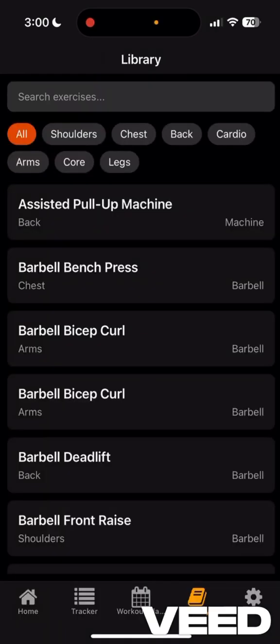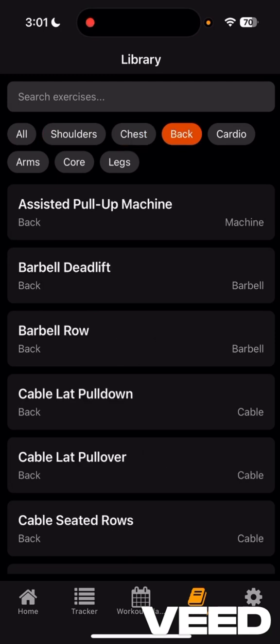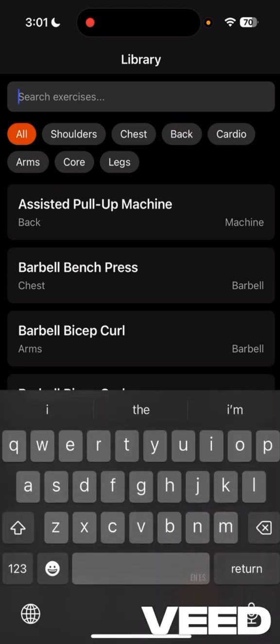The next feature is the exercise library feature. This feature can be used by navigating to the library tab of the application. Here, users will be able to see the full exercise library that we have implemented. Users can filter by muscle group to see the specific exercise for whatever muscle group that they choose to target. And then users can also use the search exercises query at the top to search for specific exercises that they